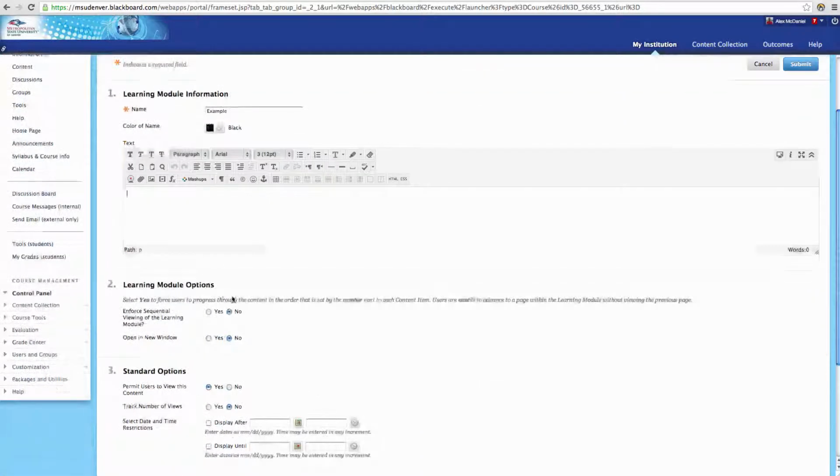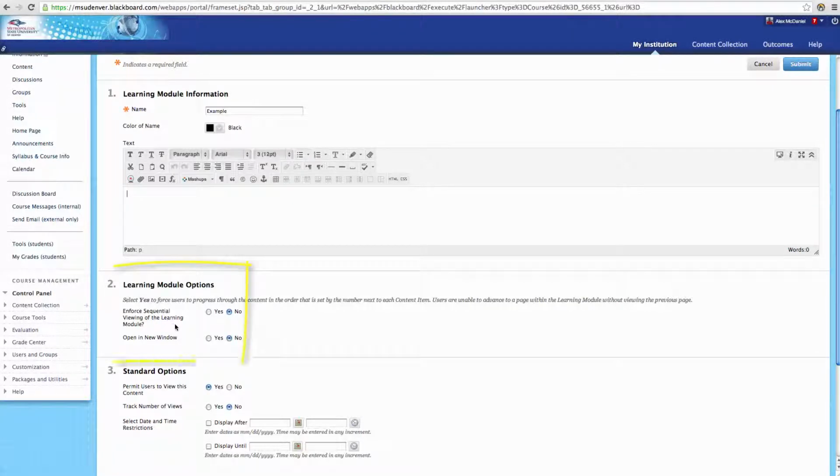So next, is this going to be sequential viewing? That means the students have to move from one item to the next to the next. This sounds like a really good idea up front, saying, oh, I want my students to move through this, but you have to think about repeat visitors as well. If the student returns to this module later on for information, are they going to have to be forced to navigate through everything that you've put in there? If that's okay, then go ahead and move this over to enforce the sequential viewing. If not, go ahead and leave it to no, and then the students will be able to navigate by clicking on the navigation menu on the left-hand side.